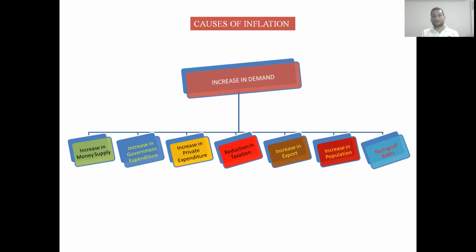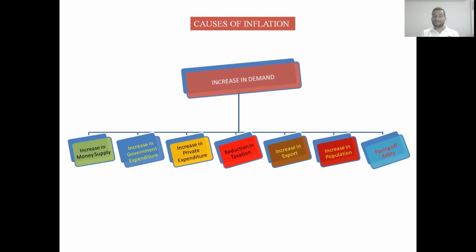So we know that to increase the welfare of the people of a country, the government invests in different projects, in different welfare projects, in different welfare schemes. Suppose we take into consideration the ONGC in Assam. The government has invested crores of money in ONGC. So ONGC has some direct effect on the economy and some indirect effect in the economy.